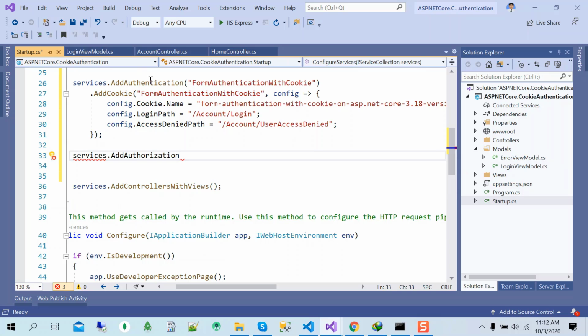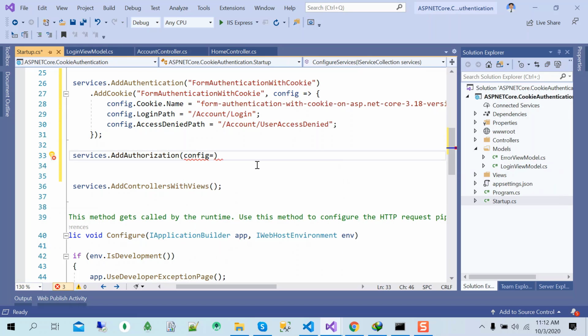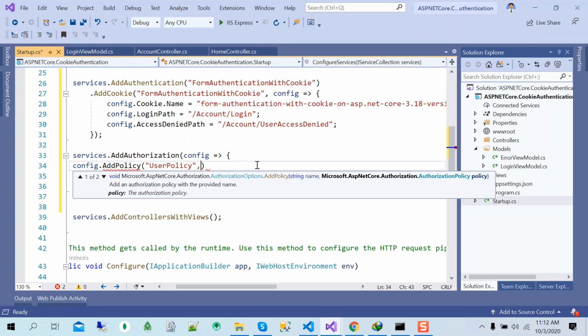add authorization config, actually this is the object. So config dot add policy. Inside the add policy we have to give the policy name. So I just want to give the policy name like user policy,